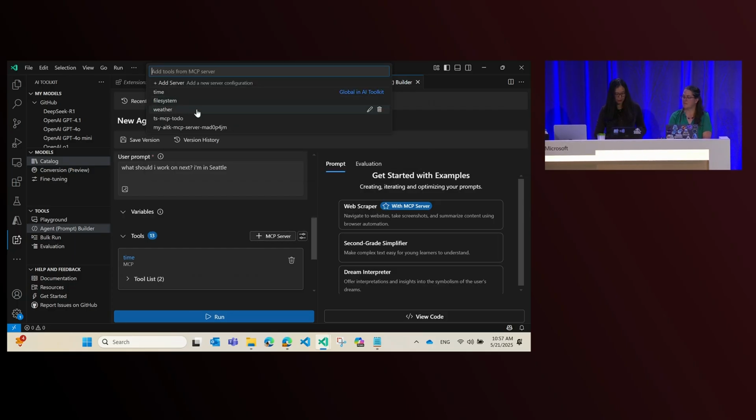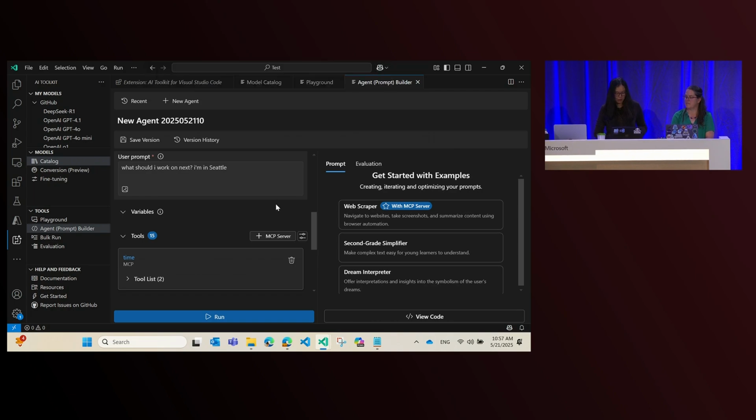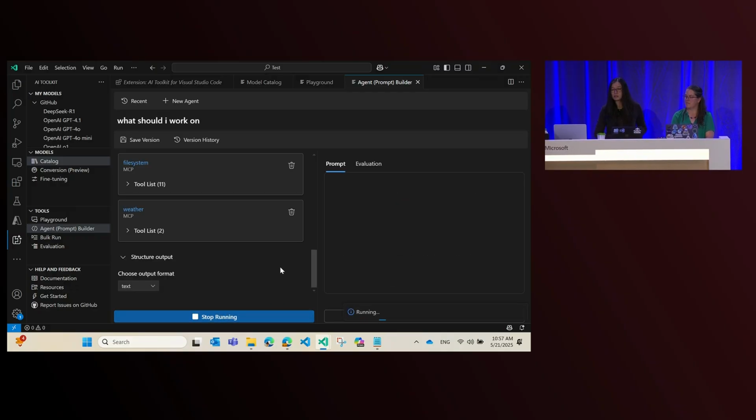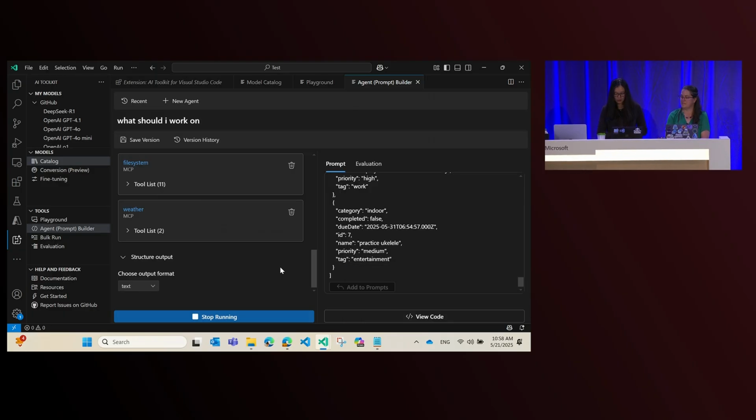And the last one is weather. This MCP server is able to get real-time alerts, and I think a five-day weather forecast based on your location. So with all that configured, we can simply hit run here and see what it does. There's no deployment, nothing. Everything is running on your local box. And our tool is working hard to bring information back together.